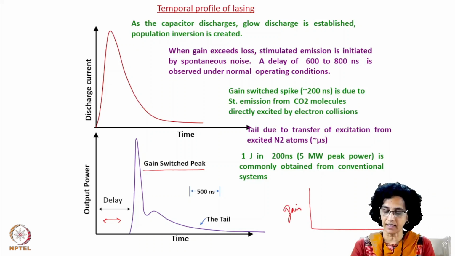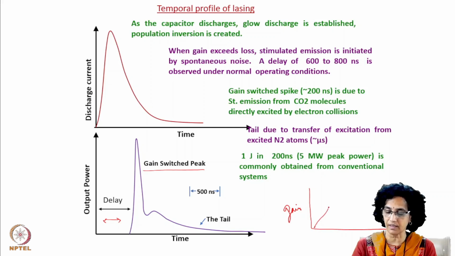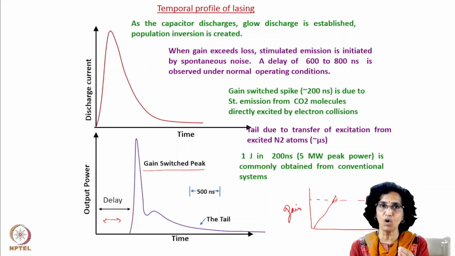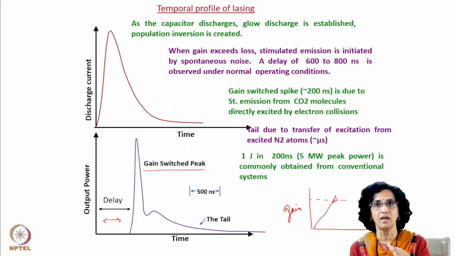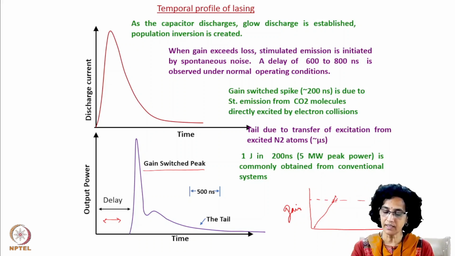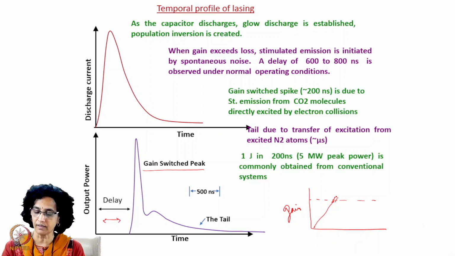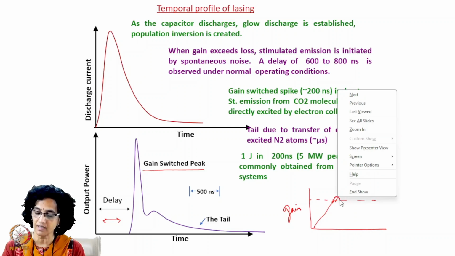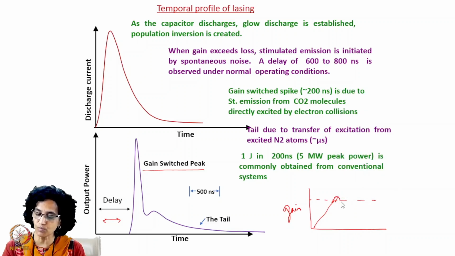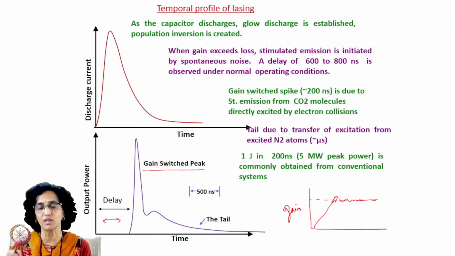Because, as we had very briefly seen, as excitation continues, the gain increases, and once it reaches the loss level, it slightly overshoots. This overshooting is very small in case of a CW laser, because the excitation rate is also very low. Here the stimulated emission sets in, so the gain is utilized, it comes down, and goes below the loss line because the gain is used up. Then again, the excitation brings it above the loss line. So this just hovers around the loss line and eventually gets clamped to the loss line.